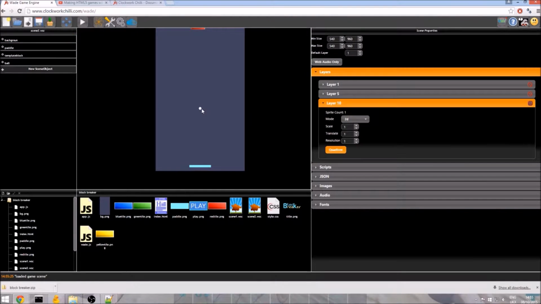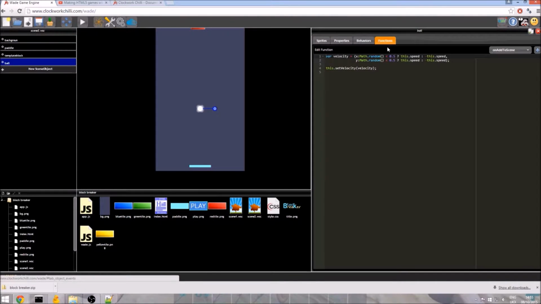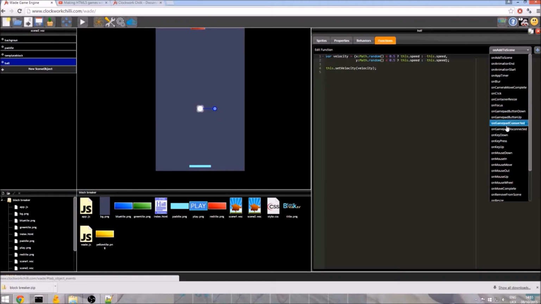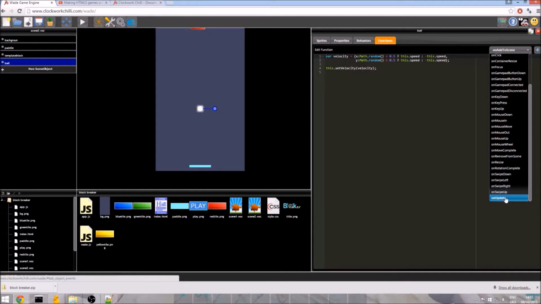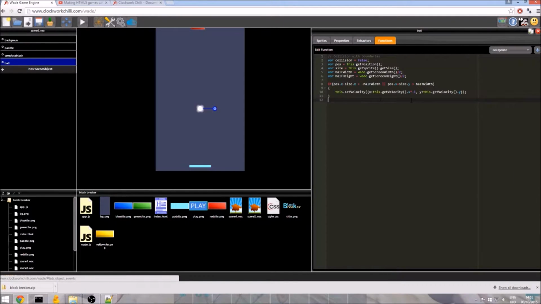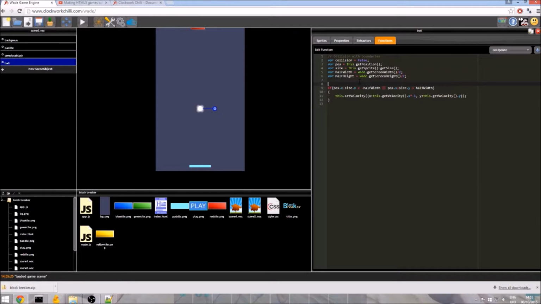Let's handle the top. I'll just select the ball. We go back into functions and back into onUpdate. There we go. So this detects collision with left and right. I'm just going to write a comment. This is going to be the top of the screen. So we do just the same thing again. If position.y this time, will it be minus size? It might be minus or plus, I'm not sure. We'll see what it looks like.